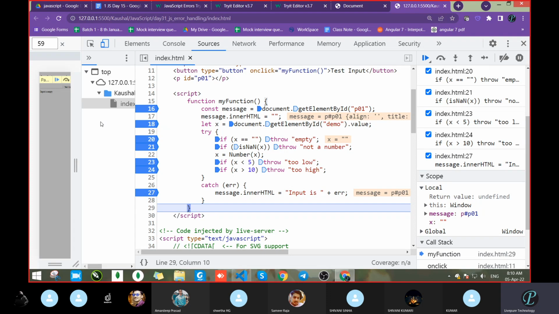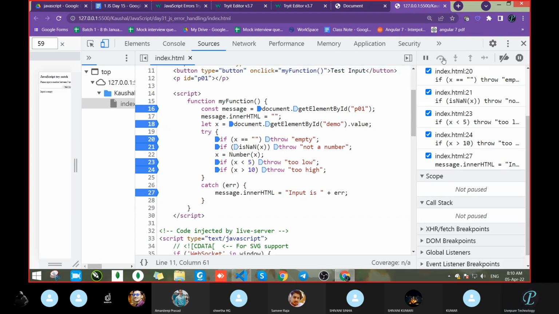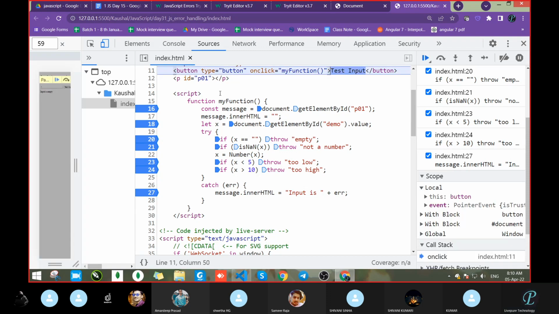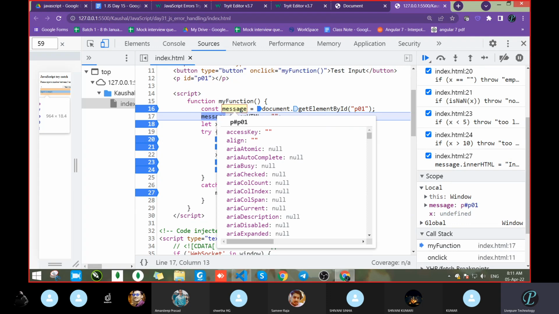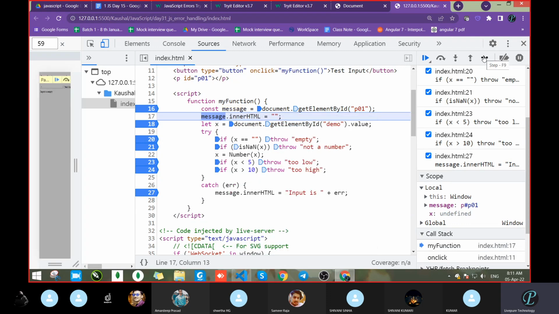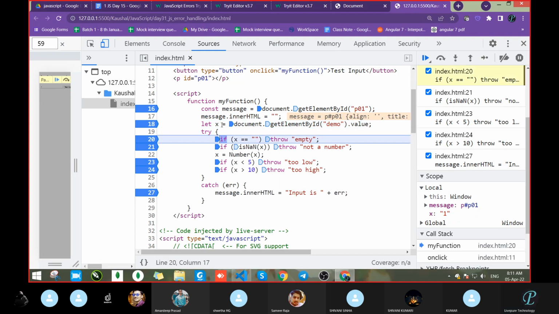Now I will go and reload the page again. And now I will pass some value. I will pass 1. Maybe you can't get there, not an issue. I am passing 1, and now I start the debugging again. Let's go inside. So it came. Let's check that value. What are we getting here? Anything? No, it's given the message. Fine. Go next. Check that value now. What is the value? Well, value of X is 1.